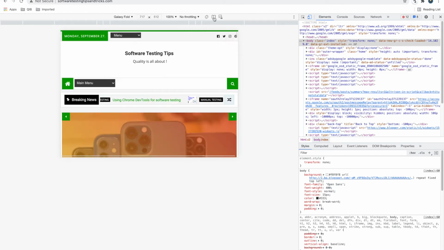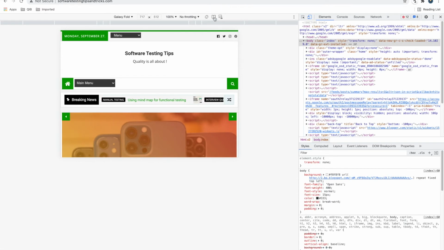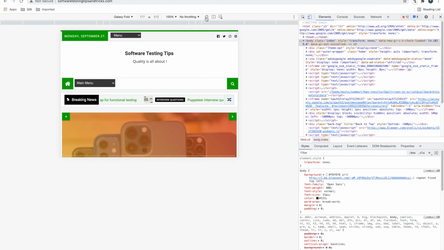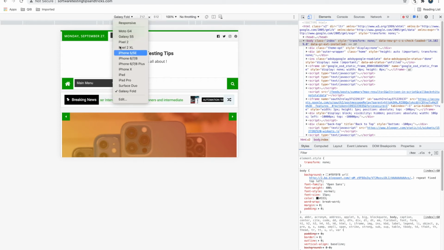So this is how you can fold or unfold this. So it has that option. So fold and unfold, or then you can rotate in both, the folded way and the unfolded way. So there are so many options here. These Galaxy Fold devices are currently trending, and you have some other devices, iPad and iPad Pro.